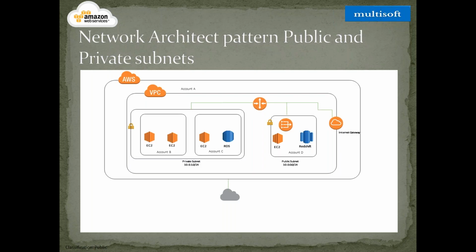They don't need a VPN to come in. All they need to do is connect to this EC2 machine's DNS name or the IP address, use a JDBC connection, and connect to it from anywhere in the world, right? That's because it's connected to the internet now. That's what the public subnet is all about.